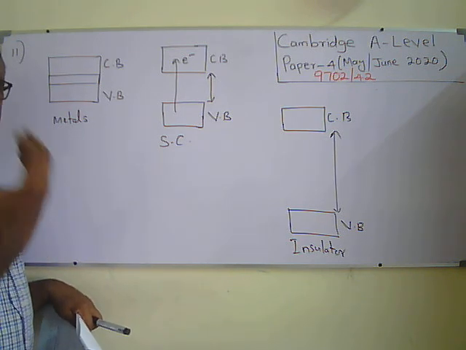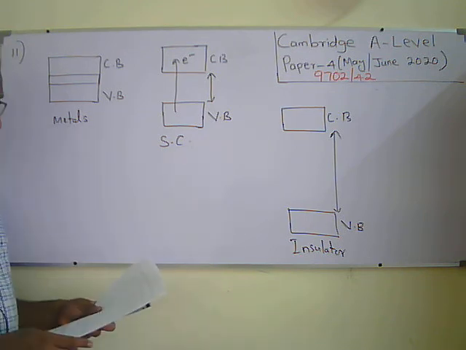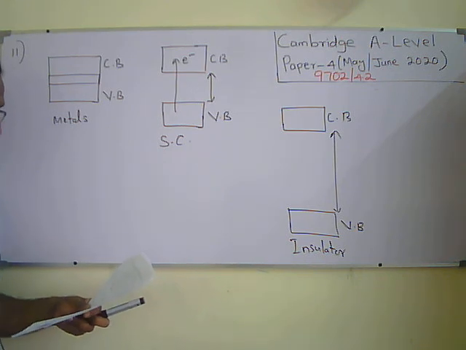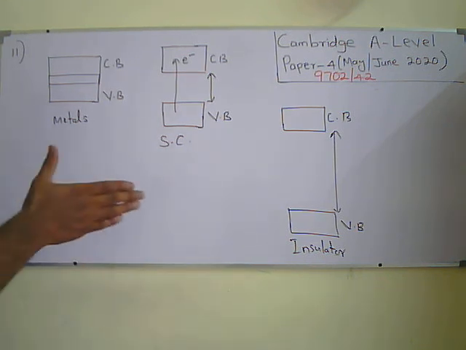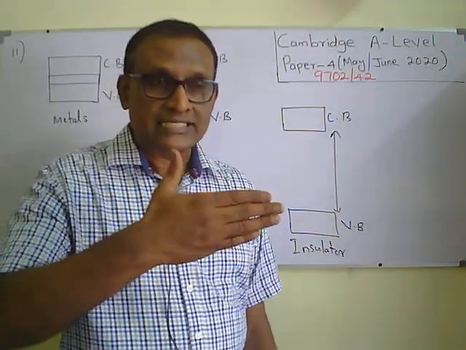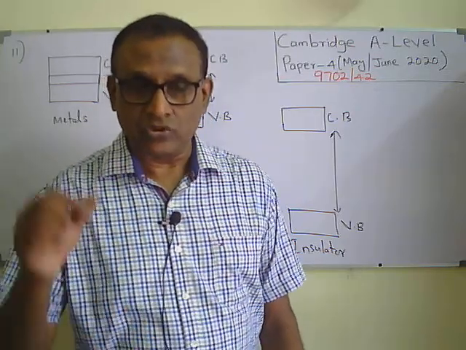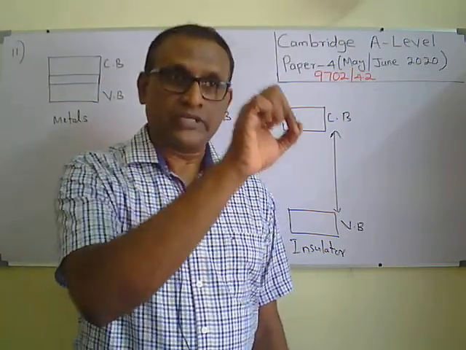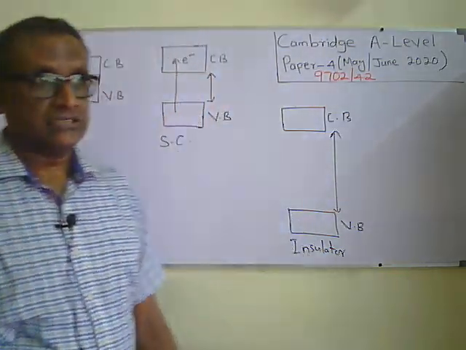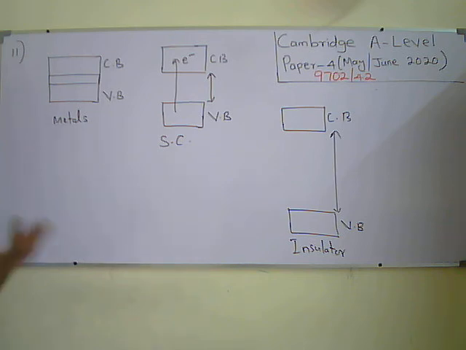So what happens when we heat a conductor? The atoms will absorb thermal energy and the lattice vibrates. So the atomic planes will start to vibrate by absorbing the heat. When the atomic vibrations increase and there is current flow, the free electrons have to jump from one atom to another atom, from one plane of atoms to another plane. That will be hindered. The flow of electrons will be disturbed in metals.